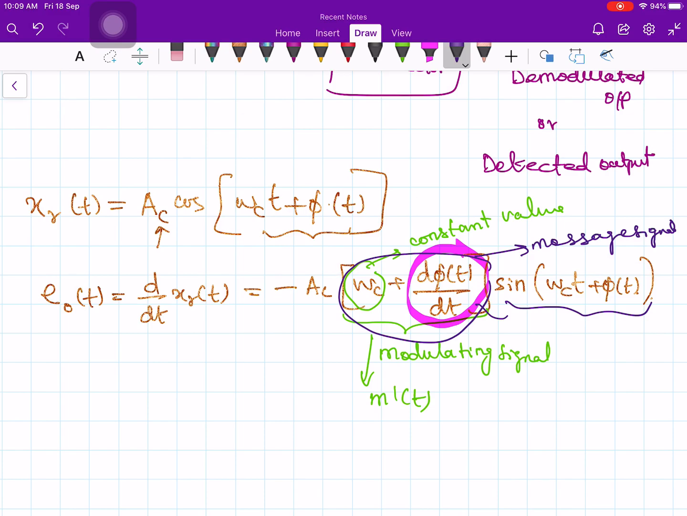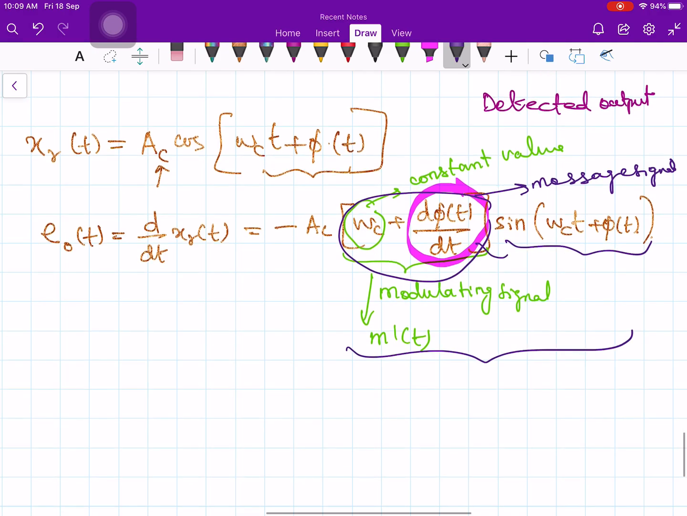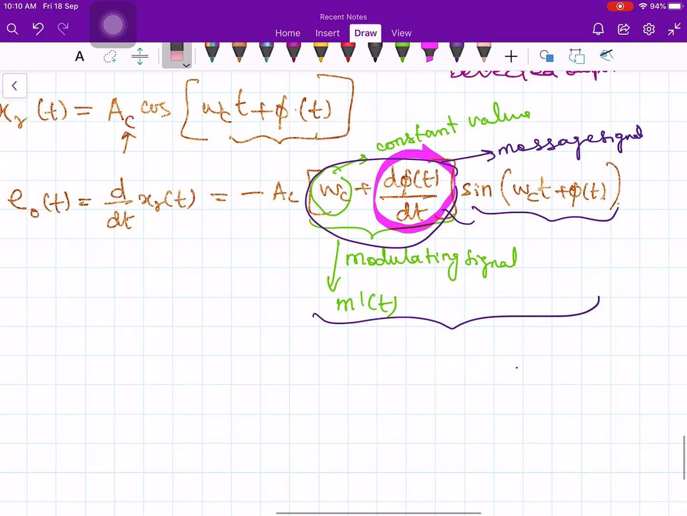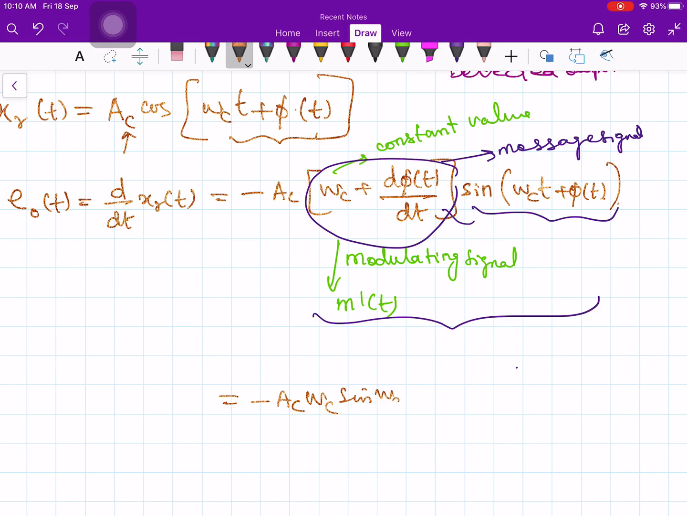Okay, therefore this whole combination looks like what? Your DSBSC or amplitude modulated signal. Therefore omega c times d phi by dt times sine of omega ct plus phi of t is something like amplitude modulation of the carrier. In fact, if you expand this, I can write minus AC times omega c times sine of omega ct plus phi of t